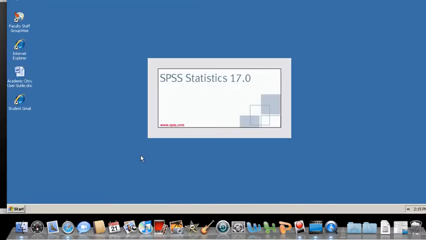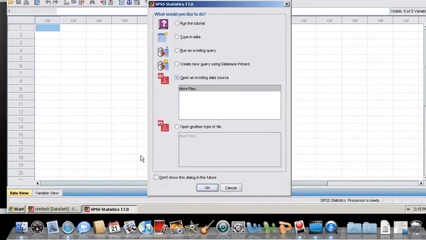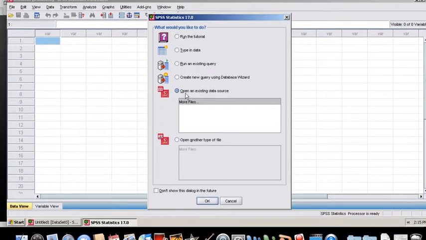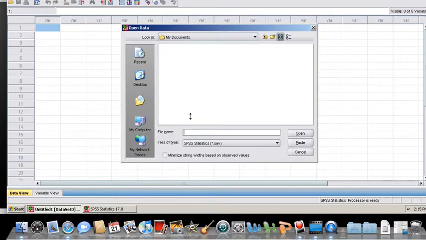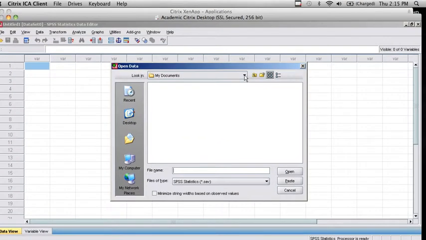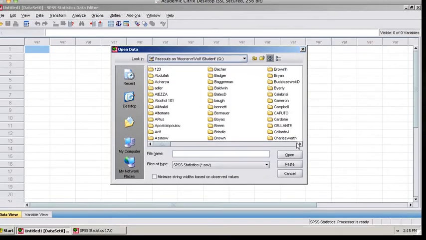For this particular example, I am going to use an existing data set. So when I see the open an existing data source, I'm going to go ahead and click on OK. And I'm going to find a data source that is on the passouts drive. So I'm going to click down this arrow and go to the passouts drive,